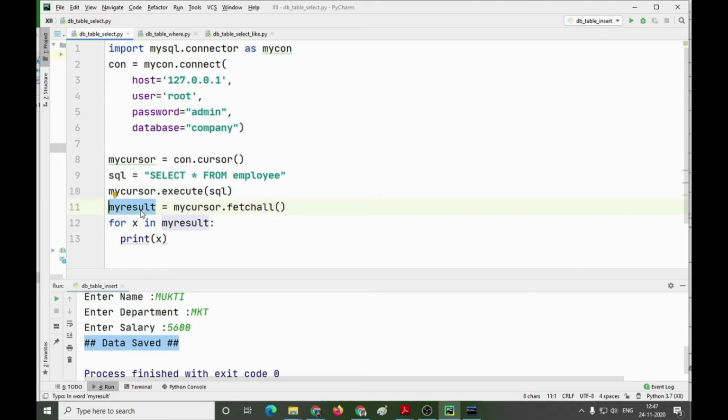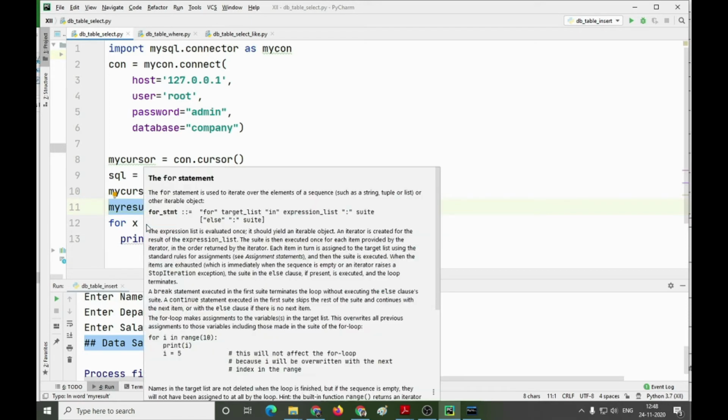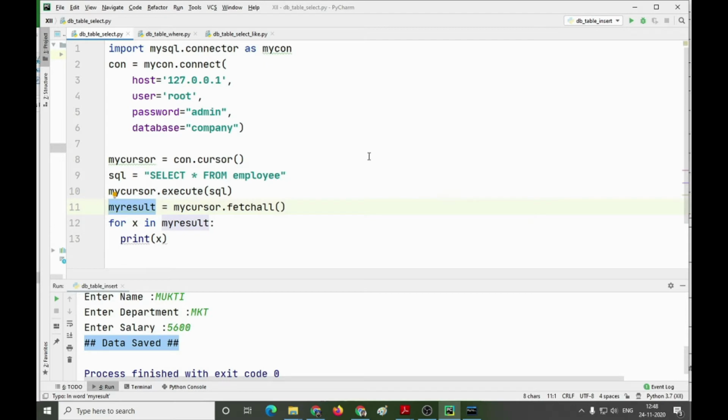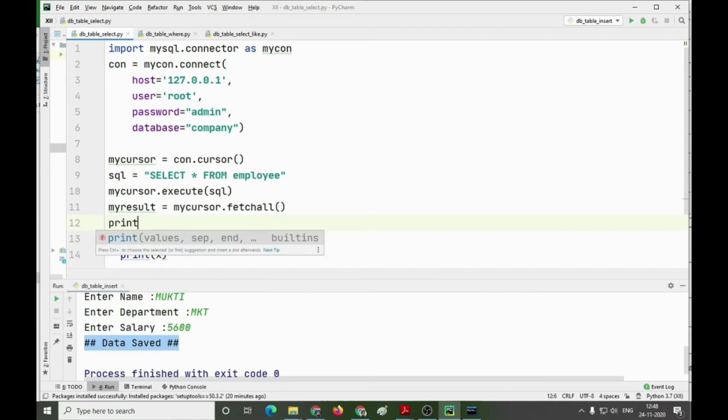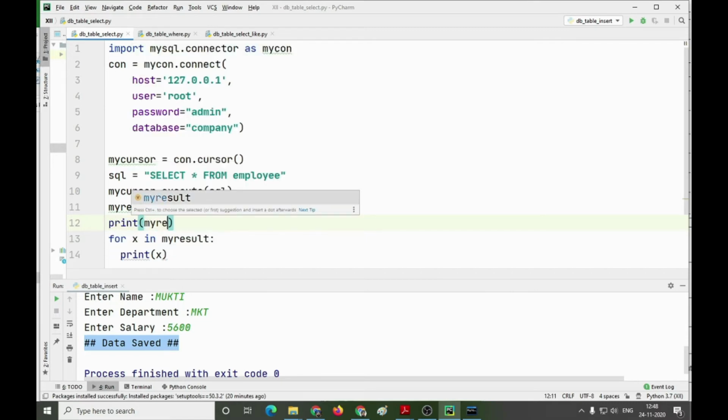This myresult variable will be a list of tuples, in which individual records will be stored in the form of tuples and all the records will be fetched in the form of a list. If I run the program and try to print myresult